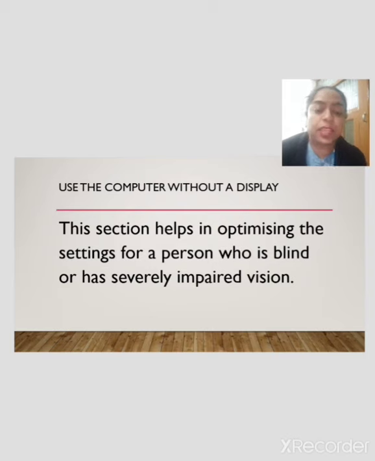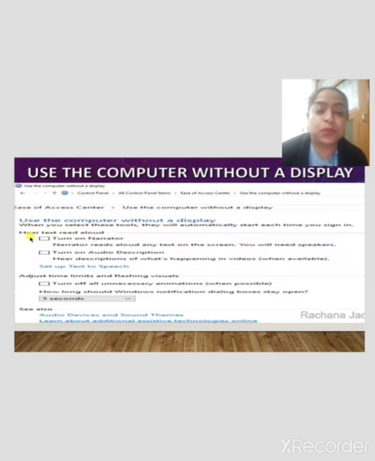So how can they use it? When you go to the Control Panel and open the Ease of Access tool, you will see an option available, use the computer without a display.